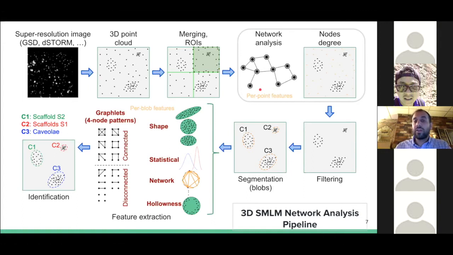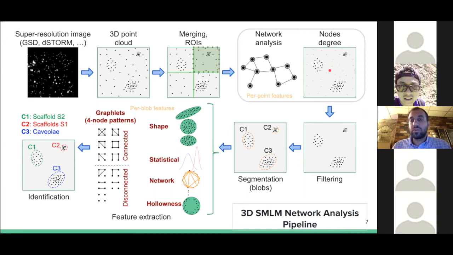And once we have the graph, we can extract per node features. These are local features, and we work at the local scale, or we can extract mesoscale features, which are cluster or subcluster features, or graph level features, which are global features. So based on graph theory, we can extract many features from this enriched data structure. And after getting the graph, we can label the nodes according to the features, for example here based on node degree, or we can even have weighted edges. The weight here is the strength of the interaction between two nodes. So we can label the nodes, and we can reason about these